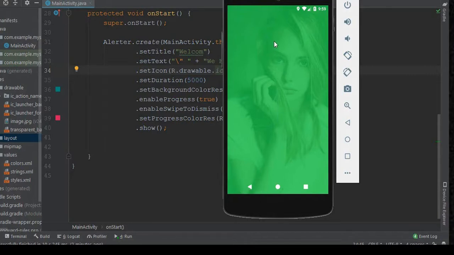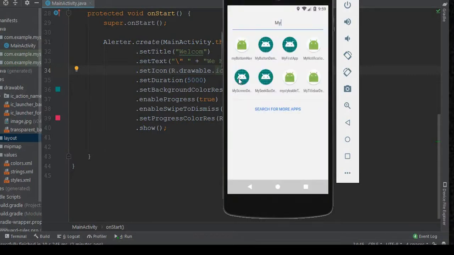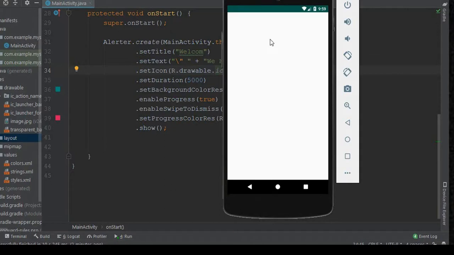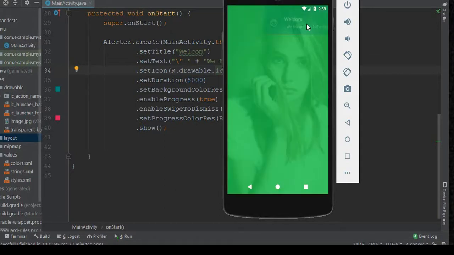And now I want to run my app again. Okay, swipe, yeah,